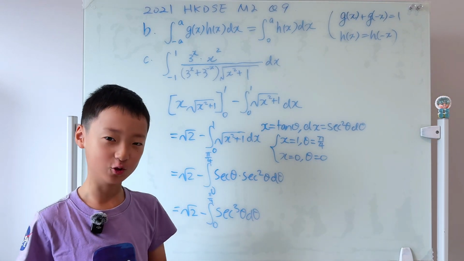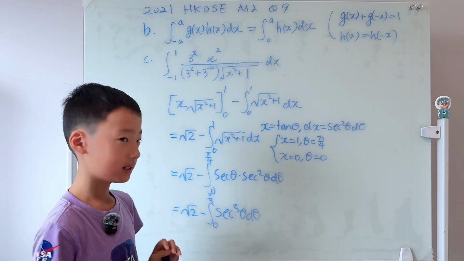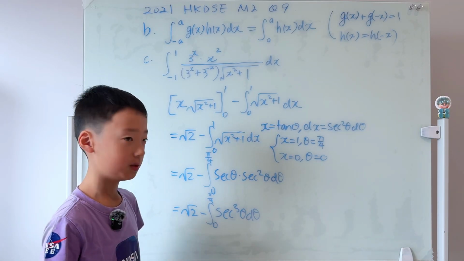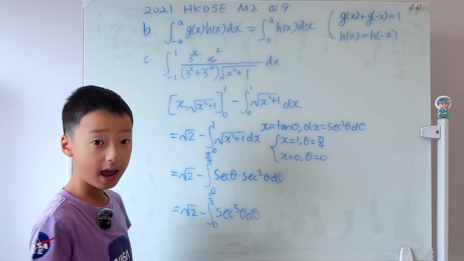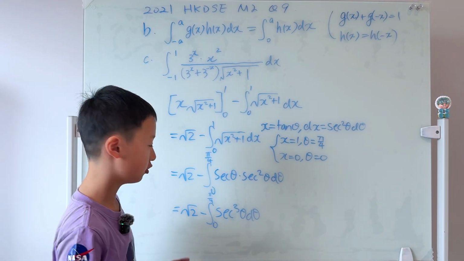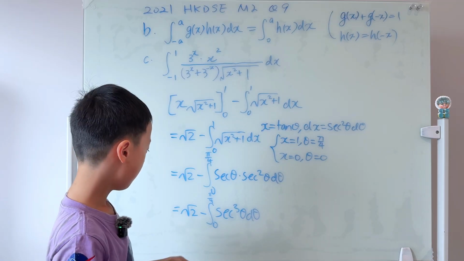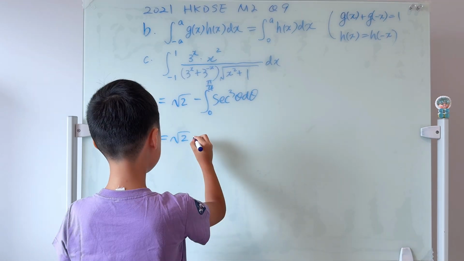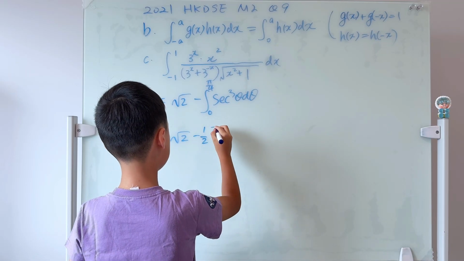So for this, I'll just show you the formula, because next time I will specifically show you guys how to solve sec to the power of 3 of theta, and I'll show you the general form of sec to the power of n theta. So I'll just write the formula. Then it'll become square root of 2 minus 1/2 times